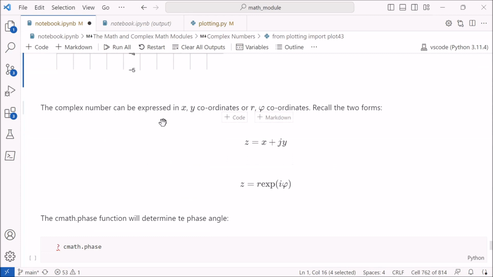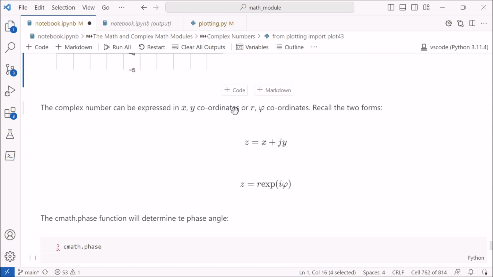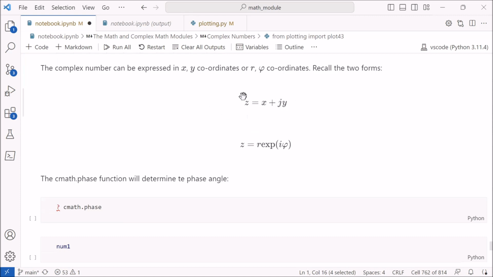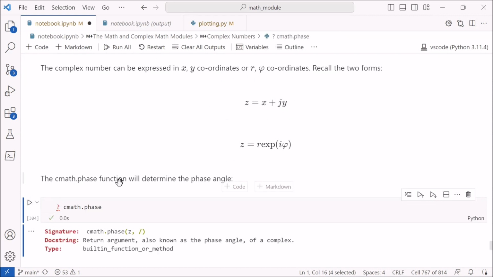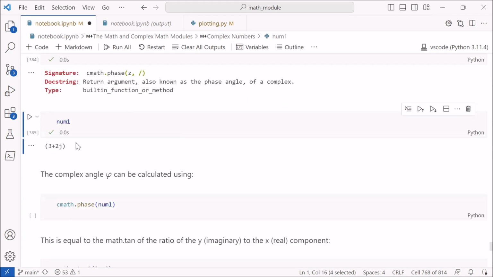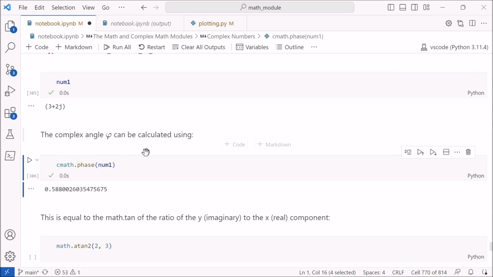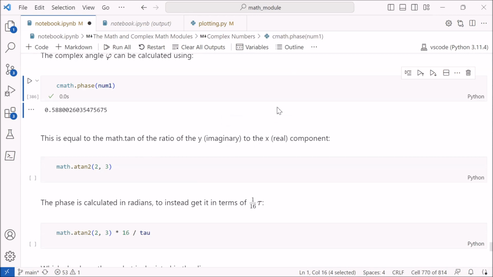So this complex number z can be expressed in xy coordinates, or it can be expressed using r or phi coordinates. So recall the two forms. The cmath phase function can be used to return the phase from a complex number in the following format. If we have a look at num1, it's 3 plus 2j, and the complex angle can be calculated using the phase. So this is equal to the math.atan of the y to x ratio,